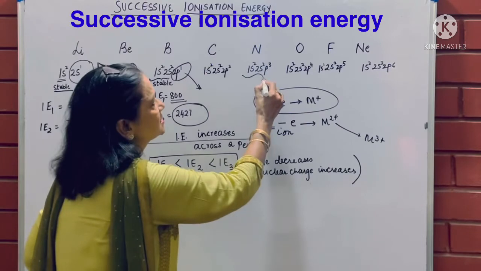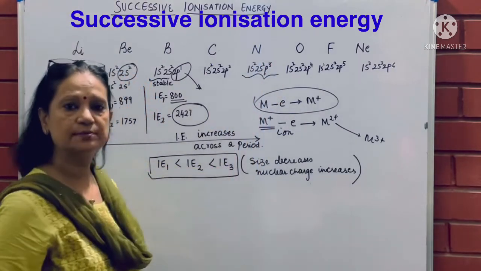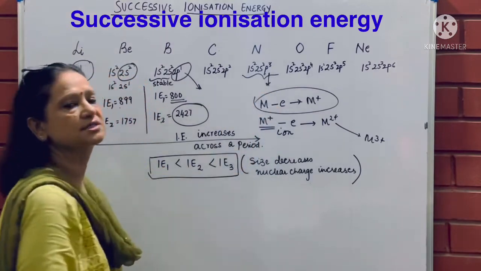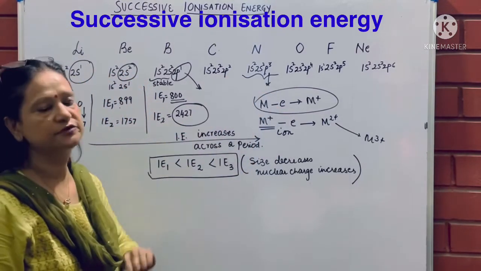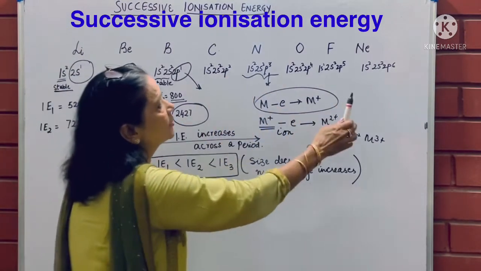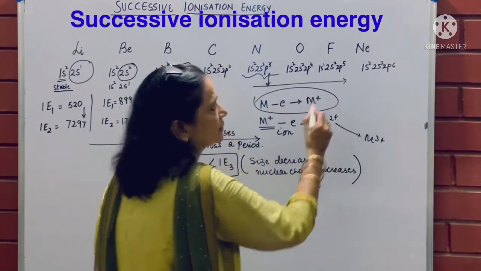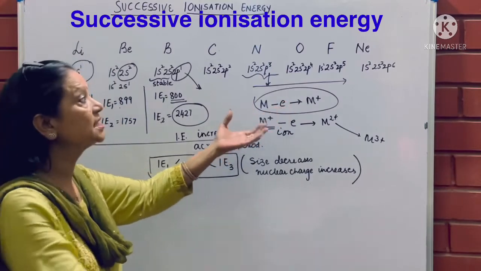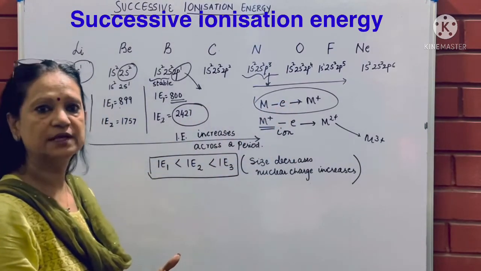Like here it is a stable atom. P3 is also stable. Half filled is more stable. So from here also electron loss will be difficult. More energy will be required. As I move further, these are becoming non-metals, and in non-metals again electrons cannot be lost. They'll want to get more electrons to become stable.